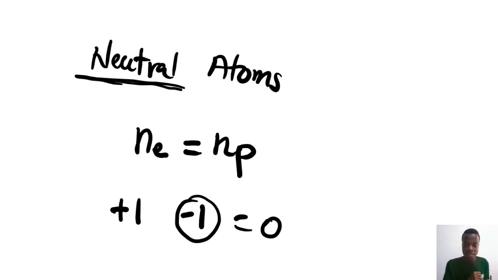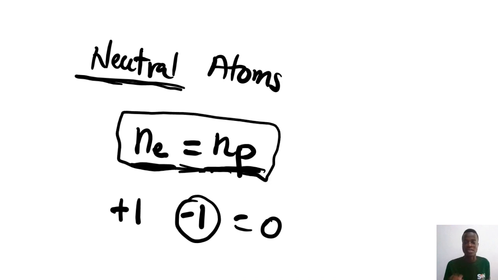For neutral atoms, again, the number of electrons is equal to the number of protons. We'll get into understanding ions, which is the next basic unit of matter we'll talk about, in the next session. But it's going to be based on this idea, that in a neutral atom the number of protons is equal to the number of electrons. Protons are inside the nucleus and positively charged, electrons are on the shells and negatively charged. They attract each other